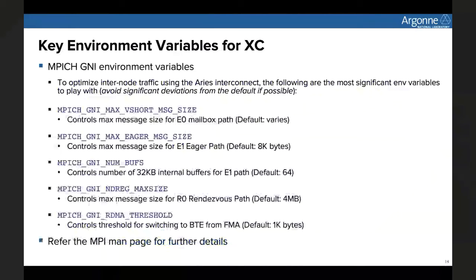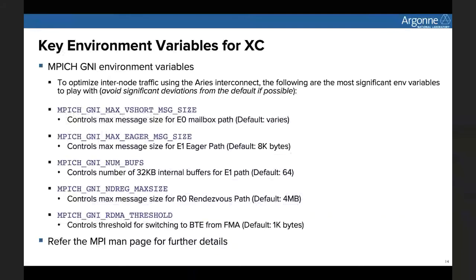Then in an earlier slide, I showed how CrayPat could report the message size distribution. So that detail could be used to tune the internode traffic. So, for example, how the send receives are done. For the send receive, the uGNI has, if you're familiar with how MPI send and receive are done, this eager and rendezvous kind of